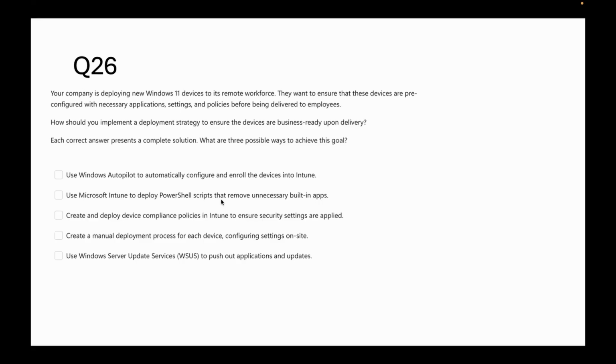So it is also correct because Intune can be used to automate the removal of unwanted software by simplifying the configuration process and ensuring devices are business ready. Now, the third option says create and deploy device compliance policy in Intune to ensure security settings are applied. This is also correct because it ensures that devices meet the required security settings and compliance standards before being handed